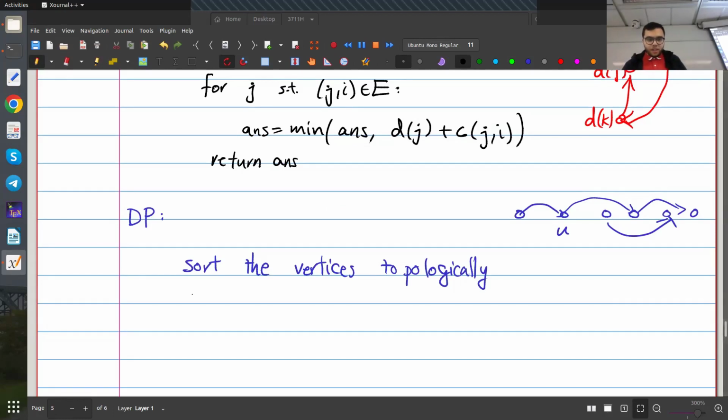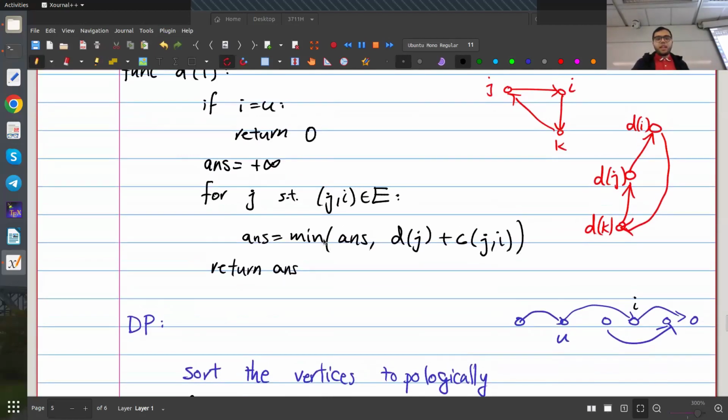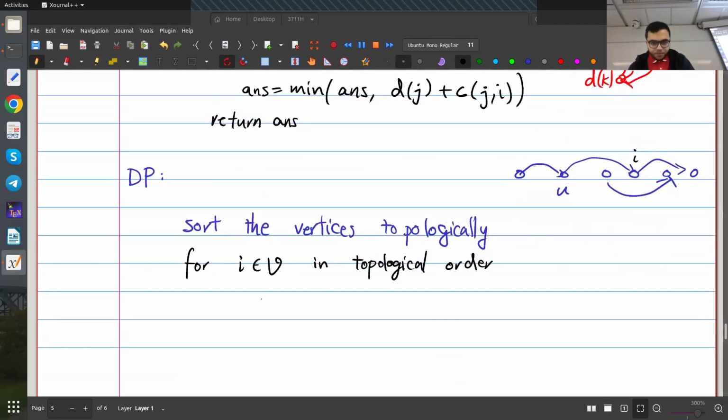I'm going to say for every vertex, for every V in the topological order, or actually let me call it I. So I have this vertex I here. I want to know what is the distance to I. I can just use the same formula as before. I can say the distance to I is the minimum of the distance to any predecessor of I plus the cost of going from that predecessor to I. So I just say for every J that is a predecessor of I, for every J that has an edge to I,